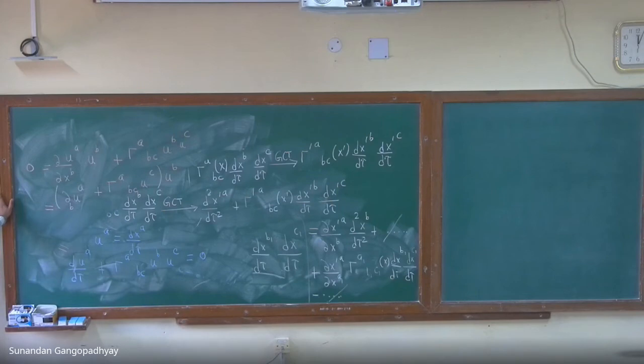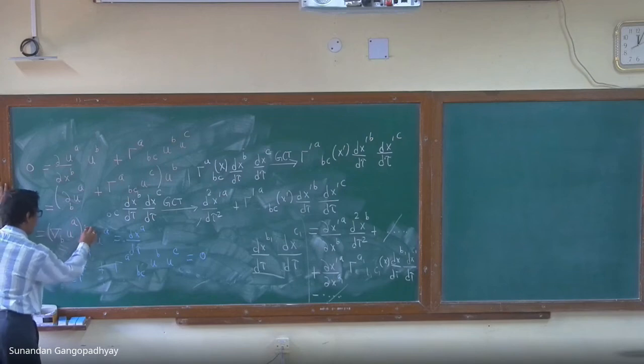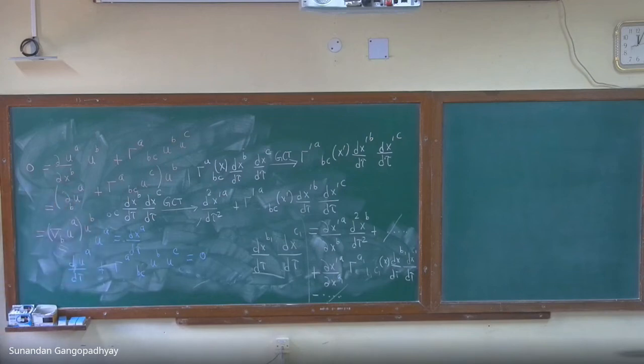Okay? But this is what? This is nothing but the covariant derivative of UA, right? So UV covariant derivative UA, if you remember,